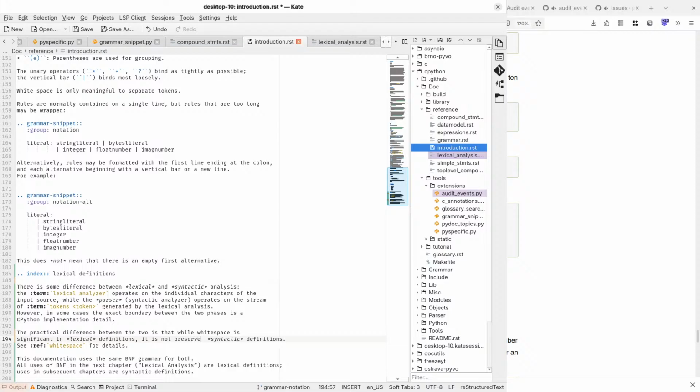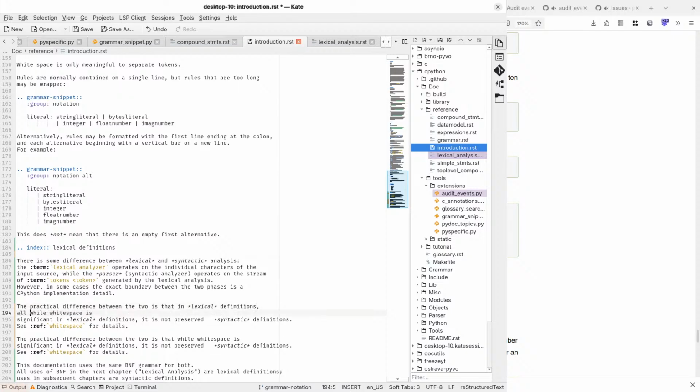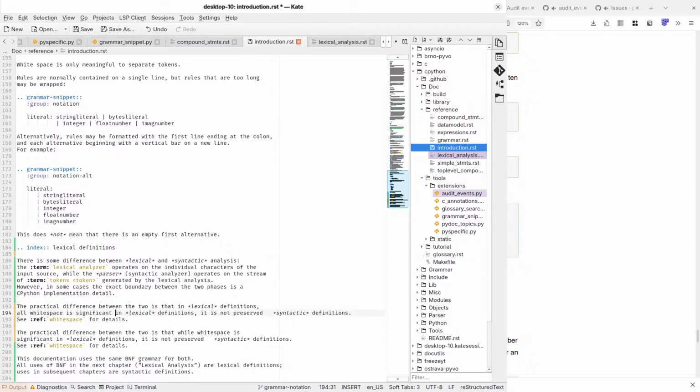Ooh, that's nice. Yeah, I like that. Or sort of you could say redundant or meaningless is the wrong word. Insignificant? I guess in lexical definitions, all whitespace is significant. But the lexical analyzer